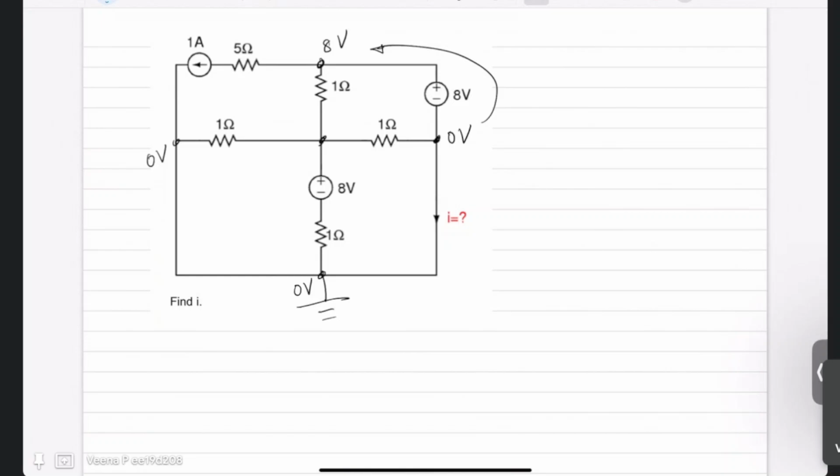Now you can assume this value as V1 and write the nodal equations. If you write the nodal equations, you can directly get V1. If you do that, you will get V1 as 4. Now your life became very easy because this potential is 4. That means through this 1 ohm, 8 volts is above, 4 volts is below. So through 1 ohm in this direction, 2 ampere will flow. Sorry, 4 ampere will flow, right?